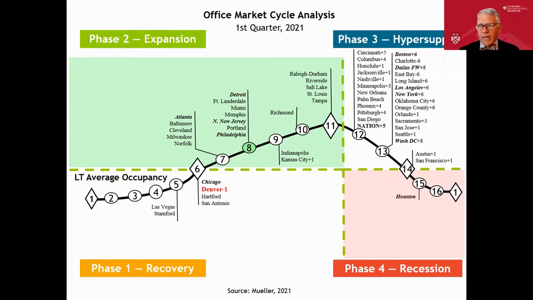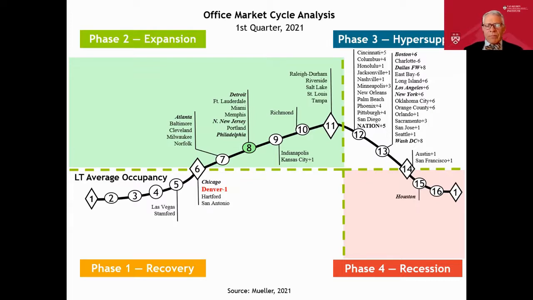So back in 2016, the future looked bright, and there was a lot of demand from millennials wanting to both live and work downtown, so we started a lot of new office space that finishes itself out this year. So we're in the hyper supply phase for a lot of these cities because of this oversupply that is coming along. So Denver at 0.6.